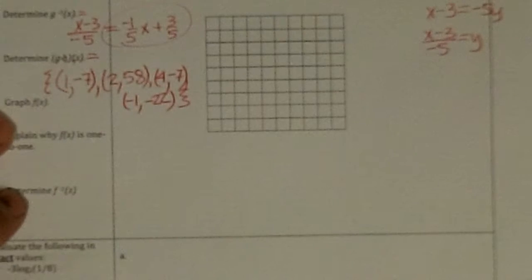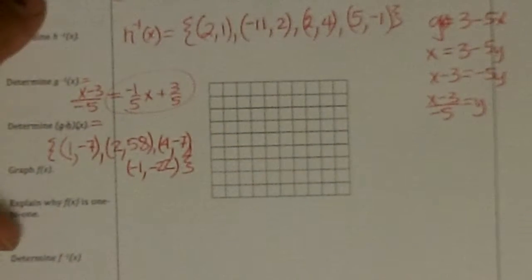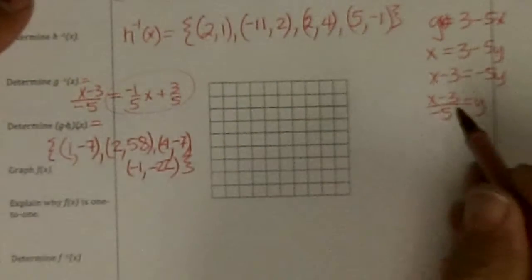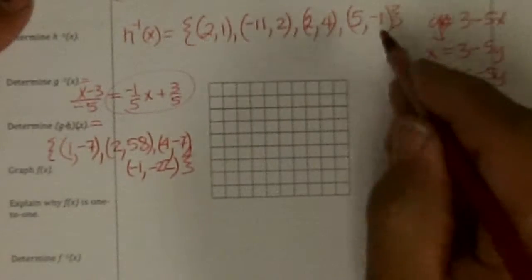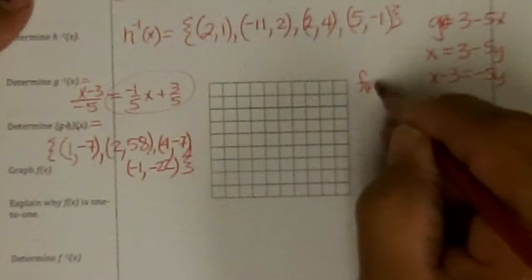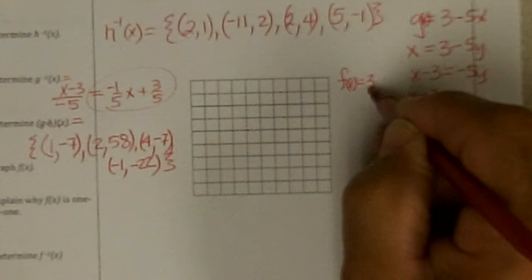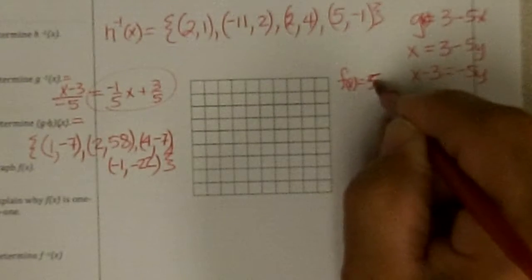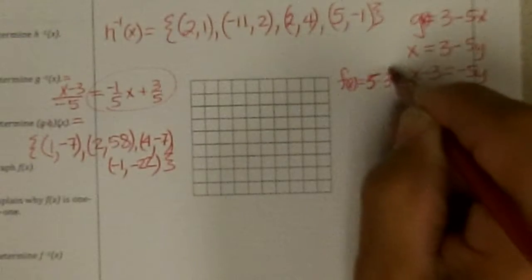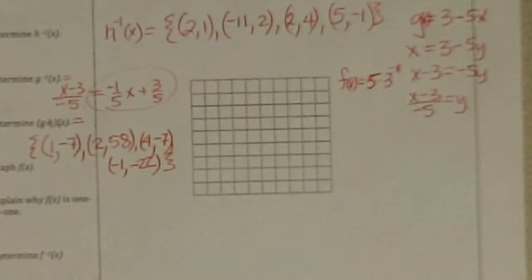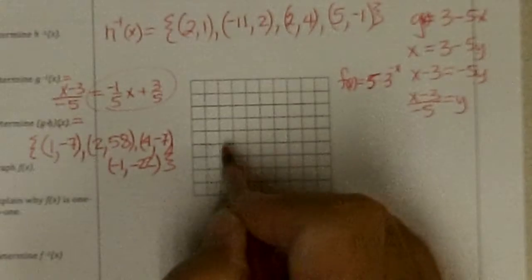It says graph f of x. F of x is, so let's make a little table of values. F of x is 5 times 3 to the negative x. So if I'm going to graph that,